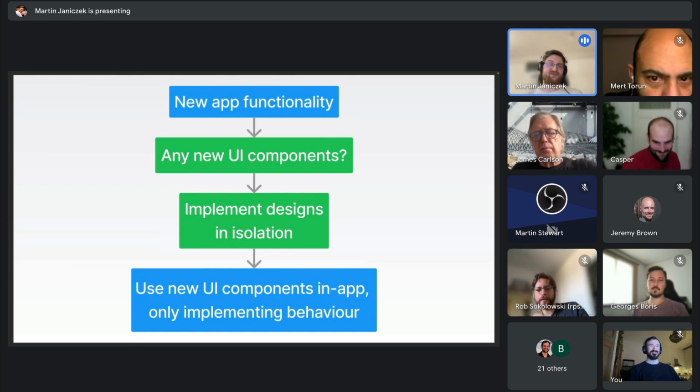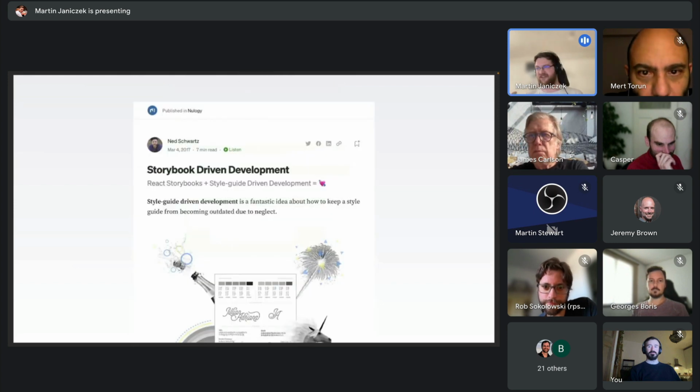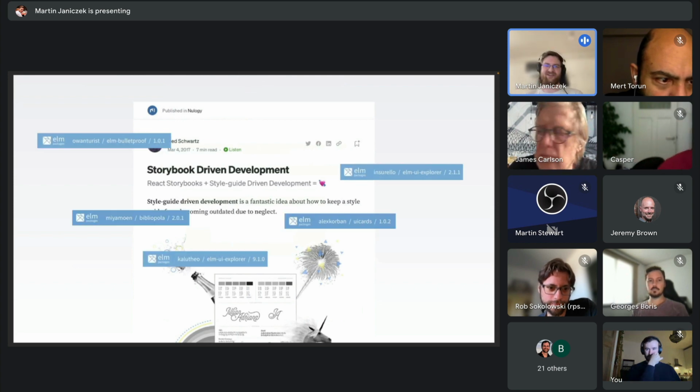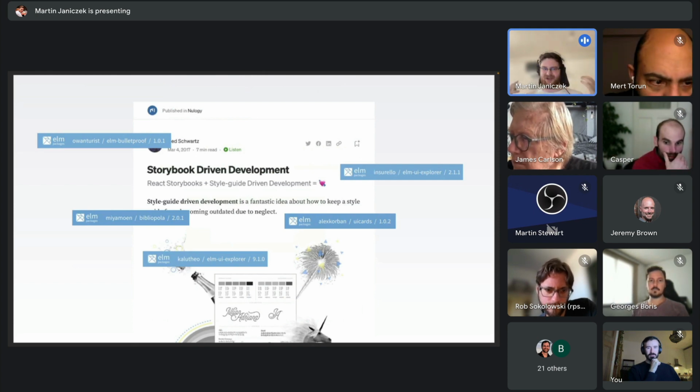And I need to say this is nothing new. I definitely felt like stumbling onto something awesome, but there is literally a blog post, Storybook-driven development, and there are at least 4 or 5 other Elm packages, like UI explorers, and they date, 5 years back probably. So I might be preaching to the choir here. Maybe everybody already knows this, and I might be rehashing old ideas, but I am just so happy about what